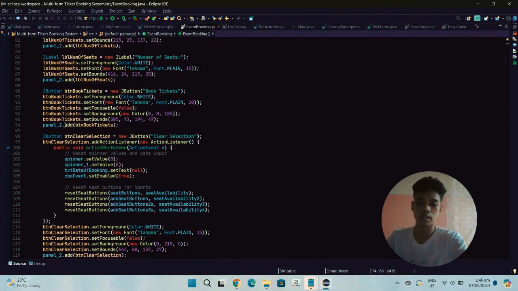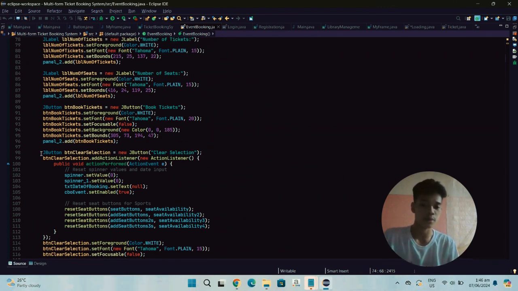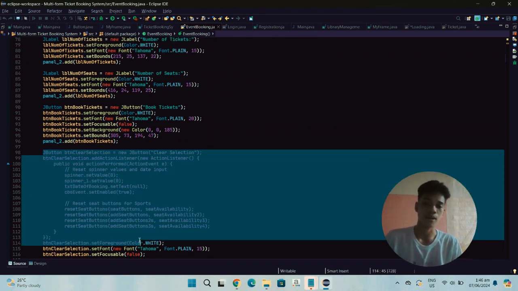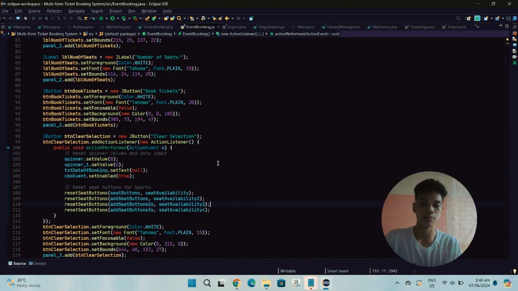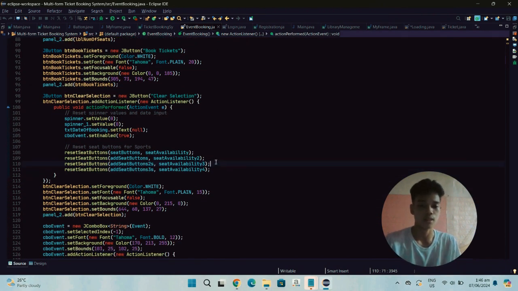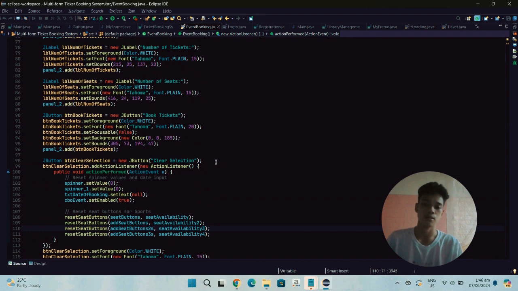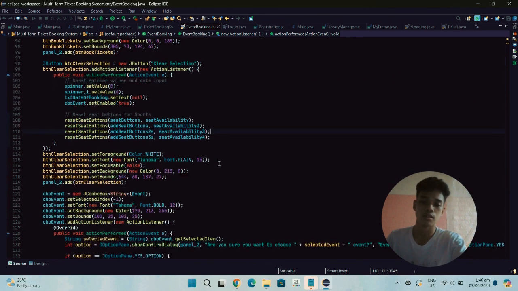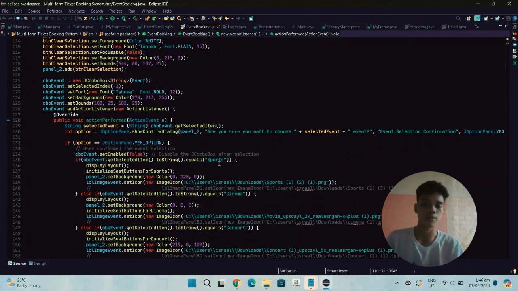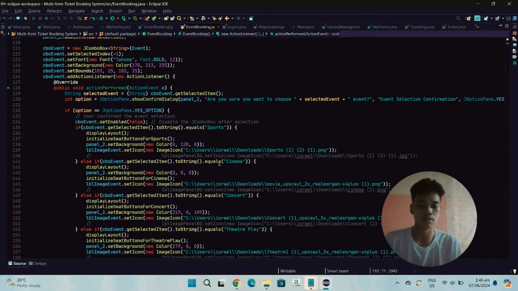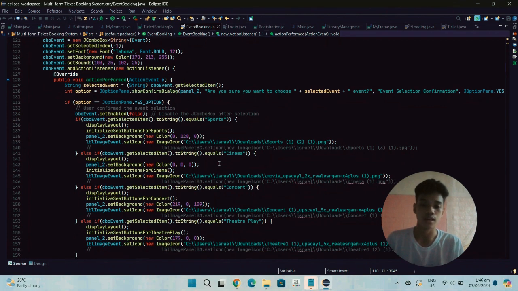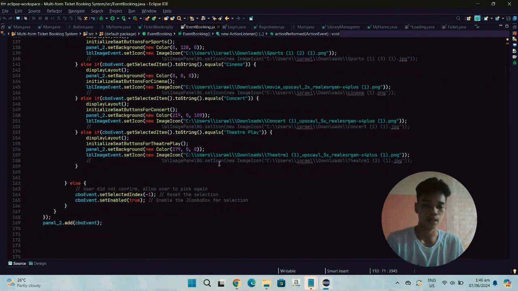Additional components like text fields for date input and spinners for selecting the number of tickets and seats are set up. Placeholder text in the date input field, buttons for booking tickets and clearing selections are also added, each with action listeners to handle their respective functionalities. So the BTN book tickets button triggers the handleBookTickets method, while the BTN clear selection button resets the selections and re-enables